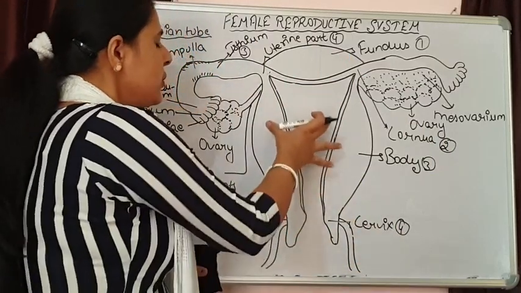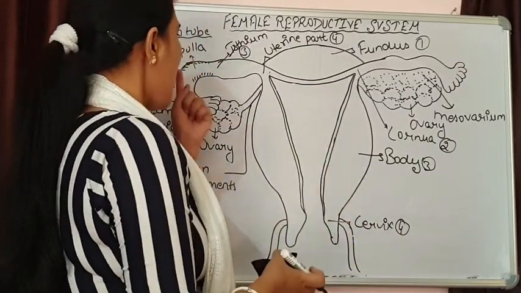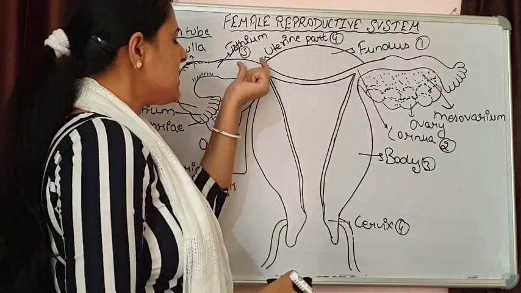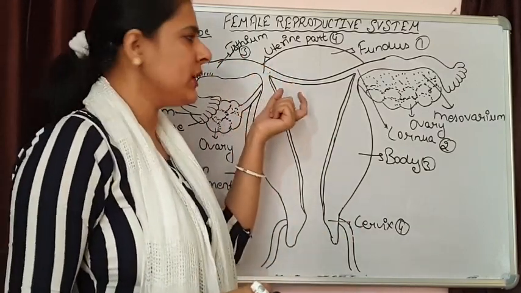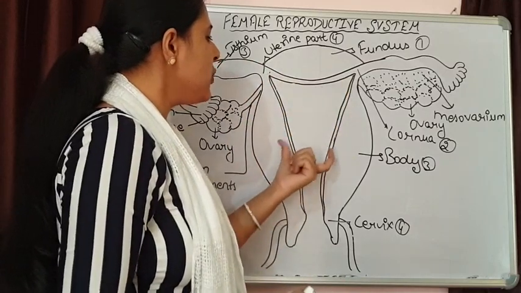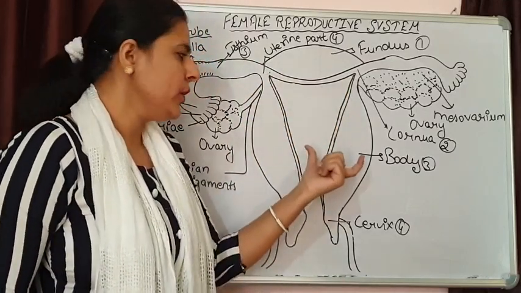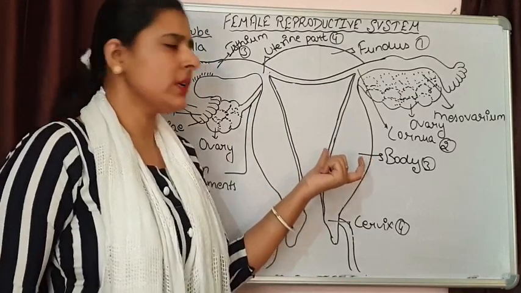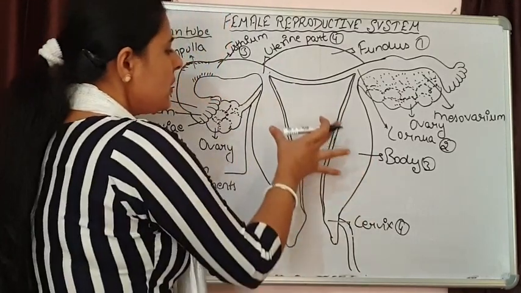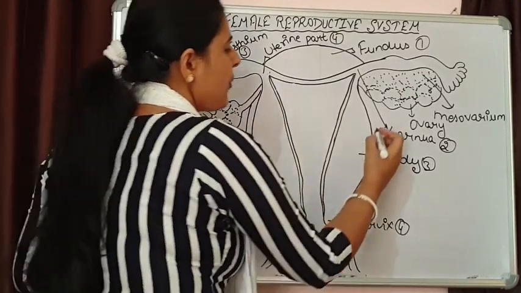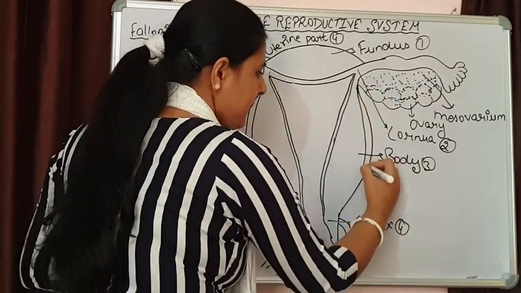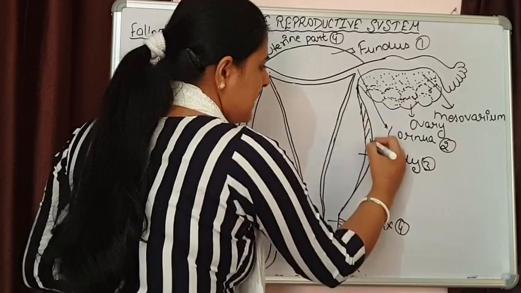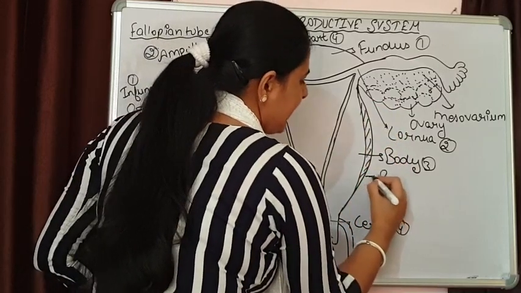Now this uterus is highly important because after formation of the zygote, cleavage will take place, embryo formation takes place, and after that the embryo is going to survive in this uterus. Placenta formation will take place inside the uterus. So the walls of the uterus are made up of different types of linings. The outer wall of the uterus is made up of perimetrium.